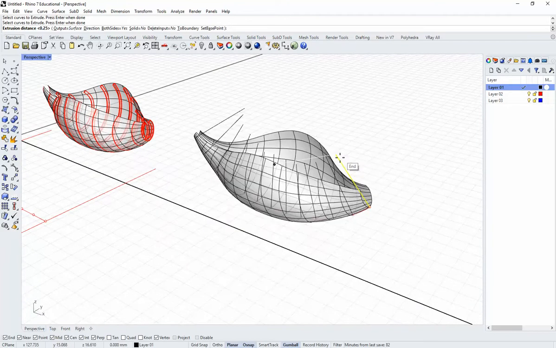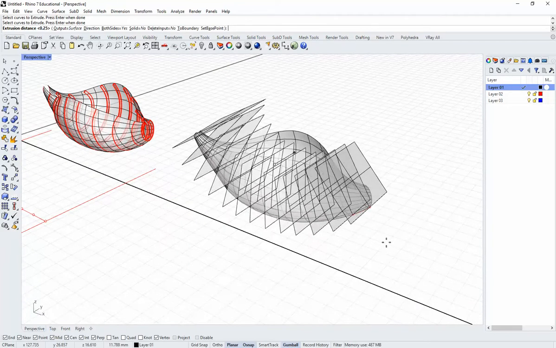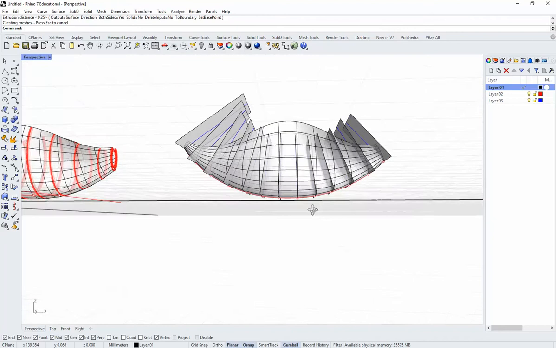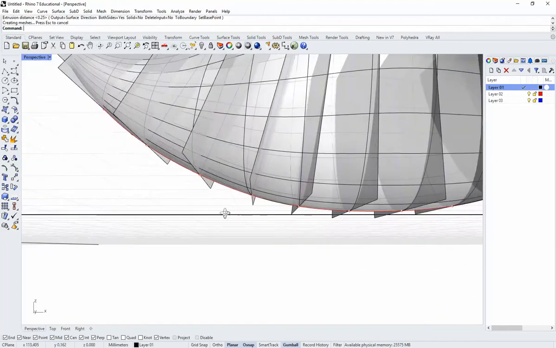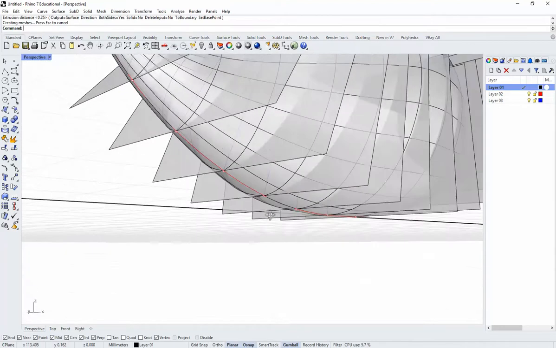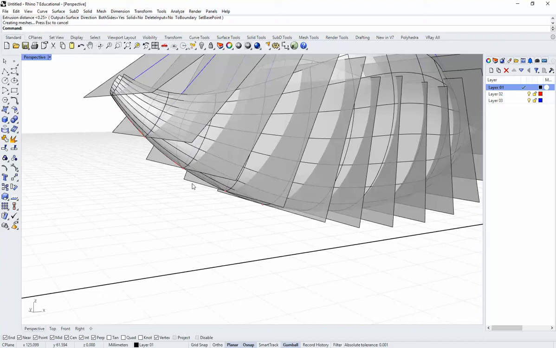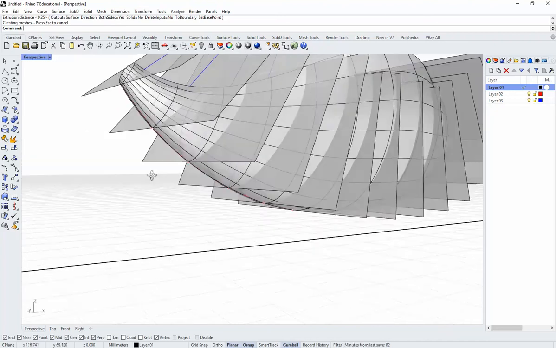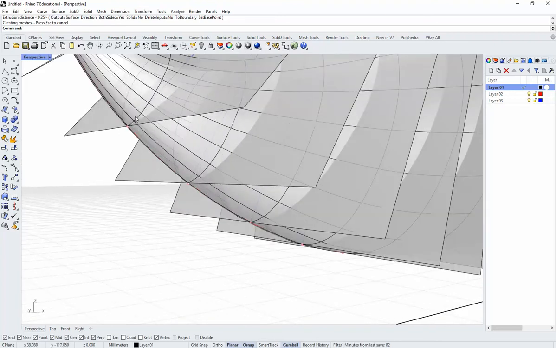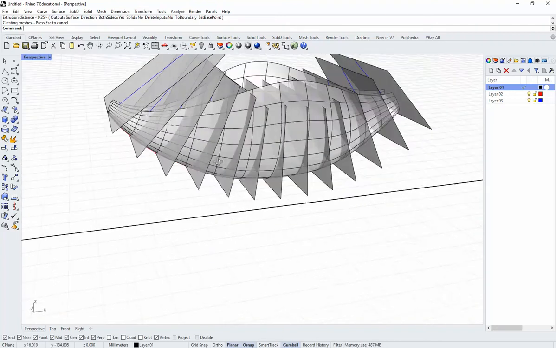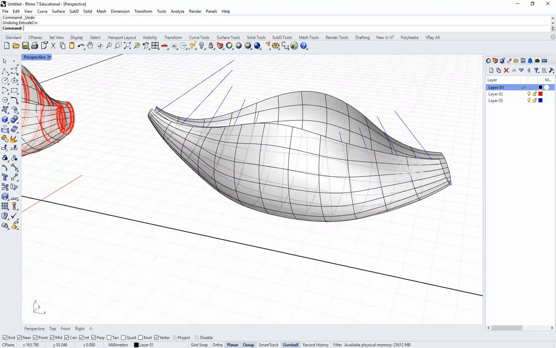One thing that we did forget to do. Hang on one second here. I'm going to click this and then show you something. If we add thickness to this surface, we're going to have a bit of a problem. So let's say we added thickness in the outward direction. These planes aren't going to interact. They're not going to cut all the way through. All right. So one thing that I would suggest you do